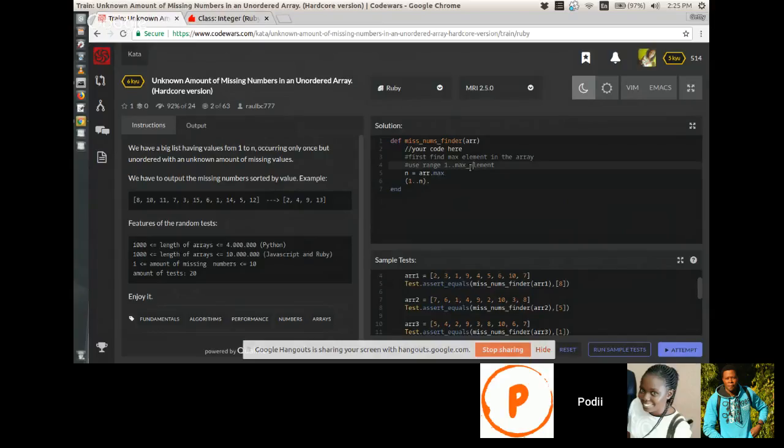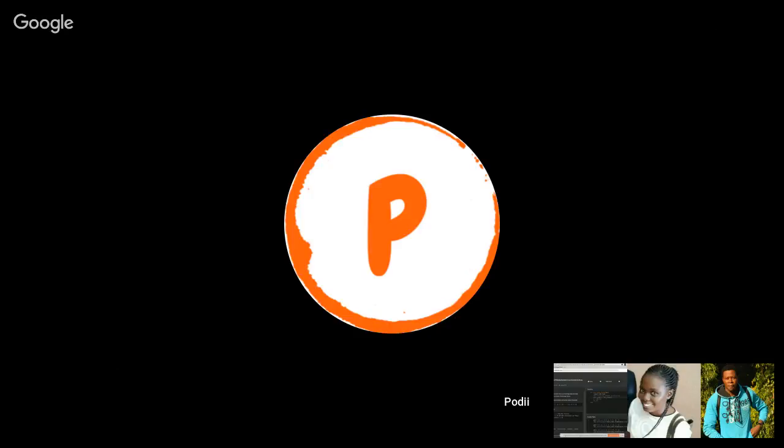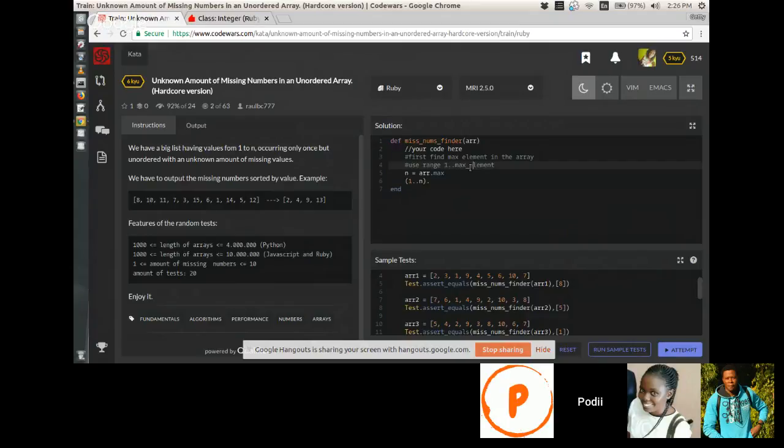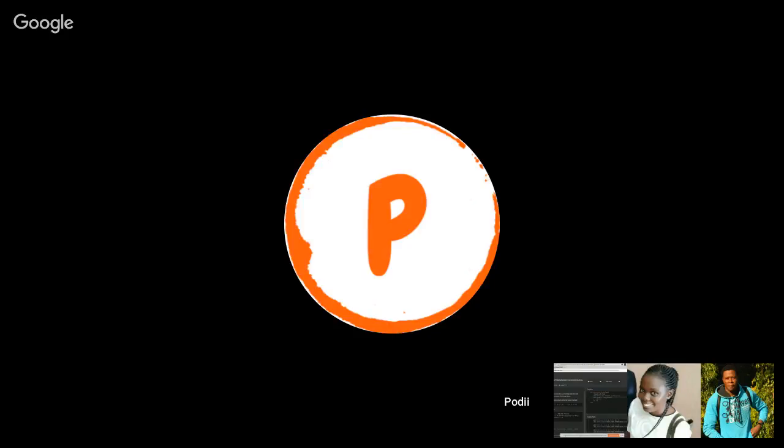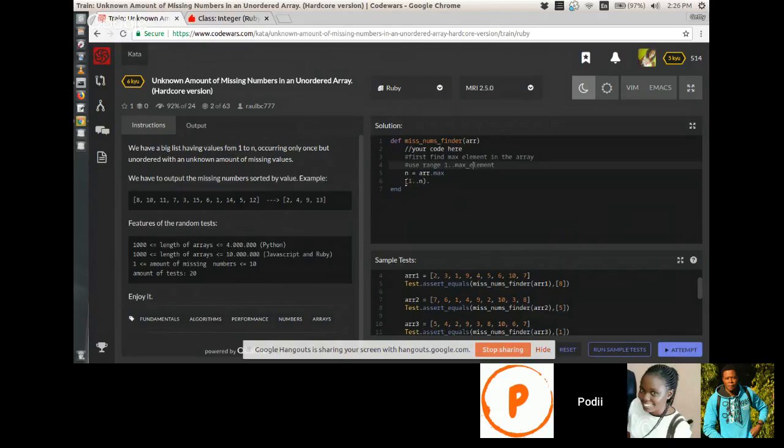But for the range, you're just giving a set of values from here to here. Now you can convert the range to an enumerable, like an array, by doing to_a on it. So our new array will be that.